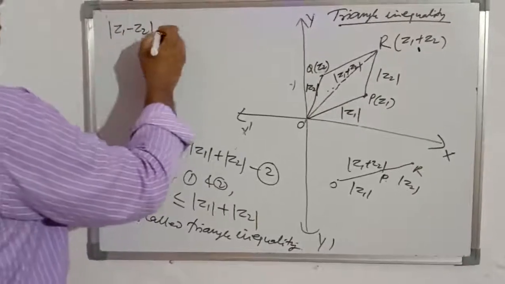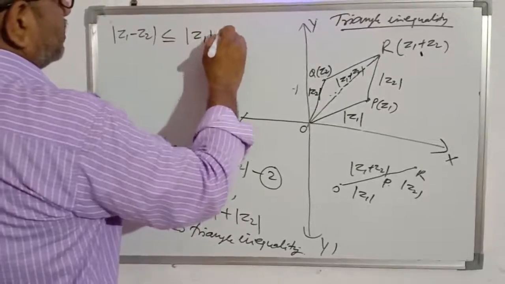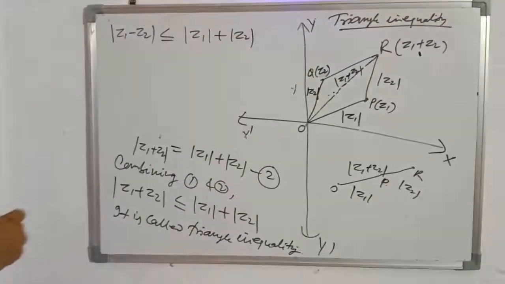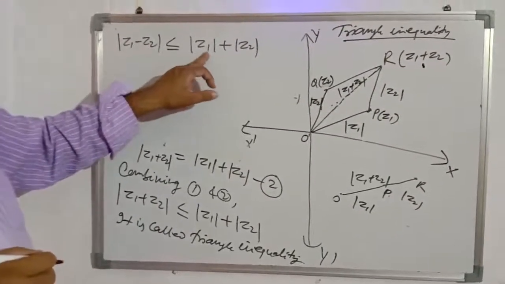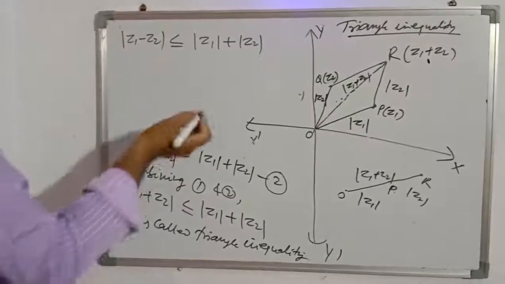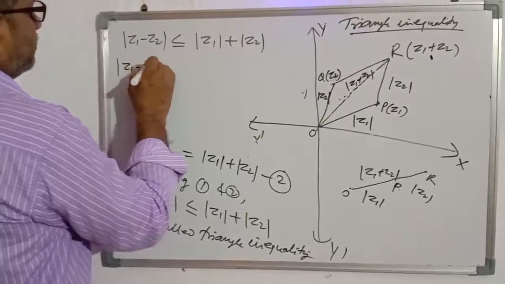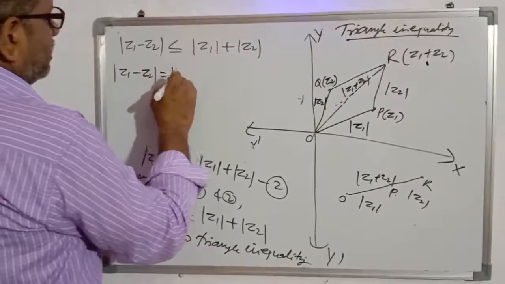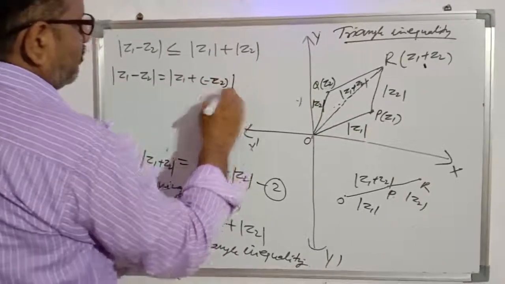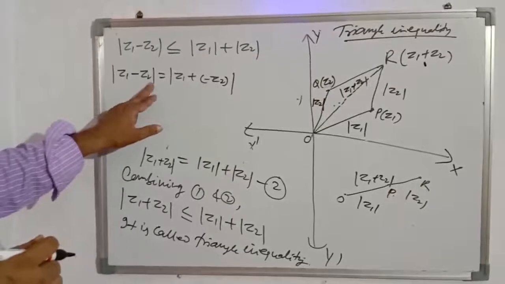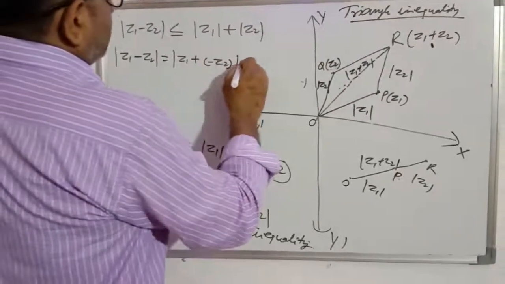Mod of Z1 minus Z2 is also less than or equal to mod of Z1 plus mod of Z2. This is also a triangle inequality. Mod of Z1 minus Z2 is less than or equal to mod of Z1 plus mod of Z2. We can prove it. Mod of Z1 minus Z2 can be written as Z1 plus minus Z2, and it is less than or equal to,